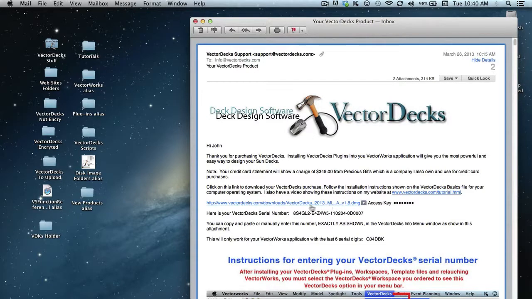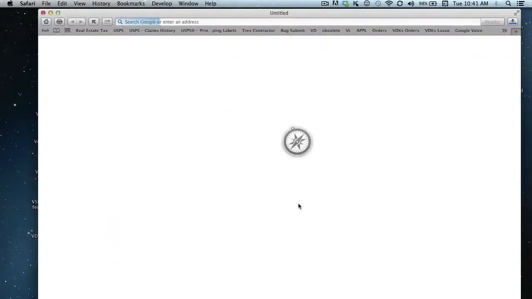Now let's go ahead and click on that download link. This is going to place that download into your downloads folder. Once it's downloaded, it may or may not appear on your desktop automatically. If you don't see that, then go ahead and go to your downloads folder, select that VectorDecks download